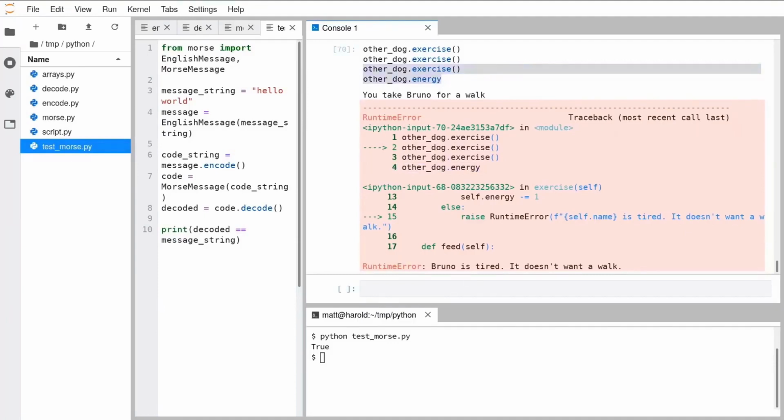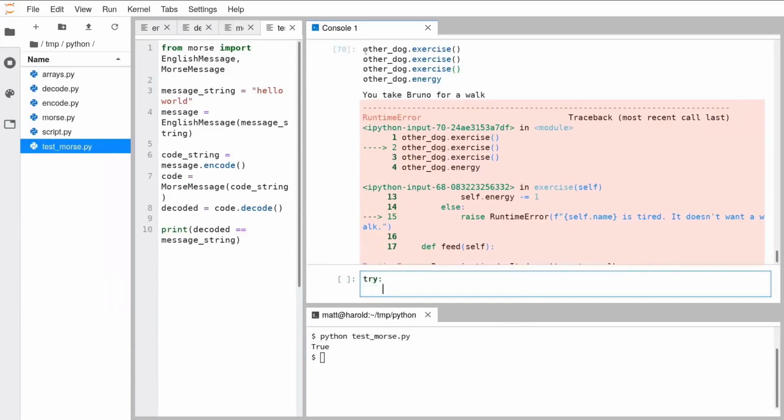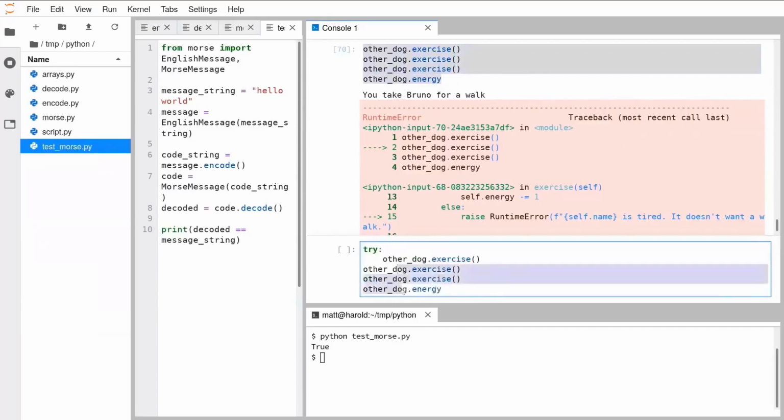Now there's a few ways that you can deal with an error that's being raised like this, but one of the most common is using what's called a try except statement. A try except block is going to try and run some code, but if an exception or error is raised, it's going to allow us to run a different bit of code to kind of deal with the error that we're seeing. So we write try, and then we put this code in here. So we're going to try and do this,